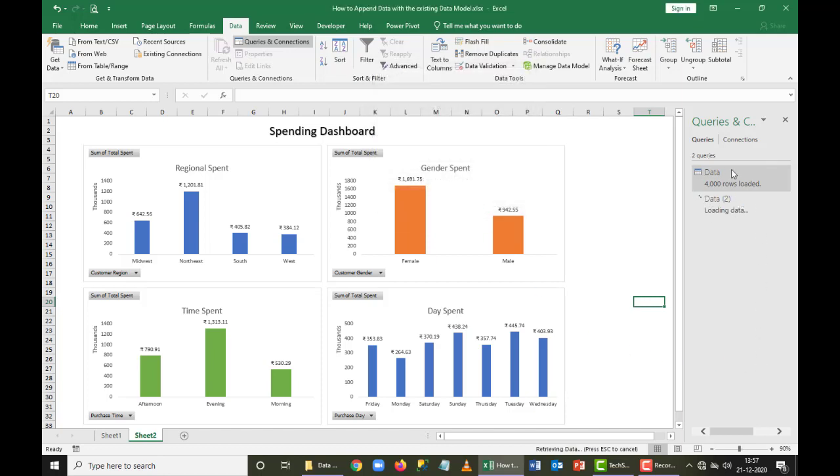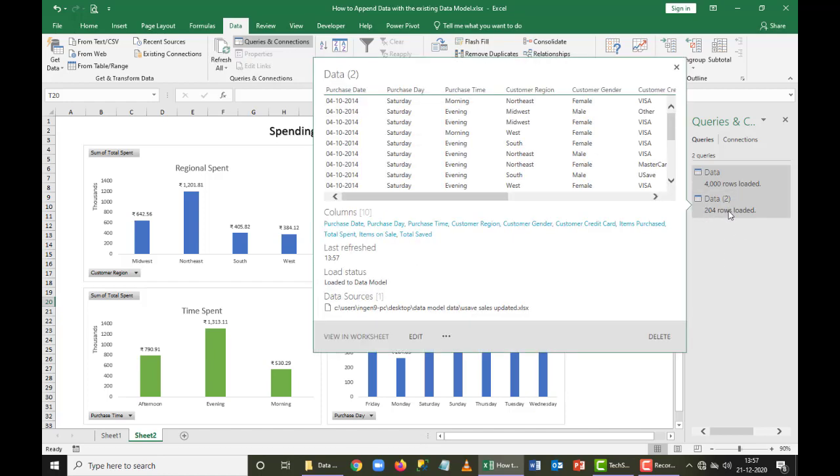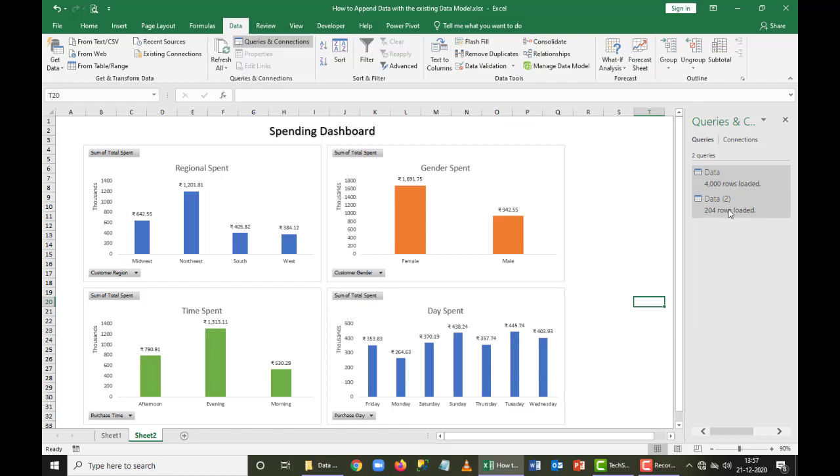Now I have Data 2 as our next data point, the updated data. We have 204 rows of data available with us. Now I want to add this 204 data to my data model here, so that my entire data will change. To see whether we have a change here, I'm going to have a small data part here.